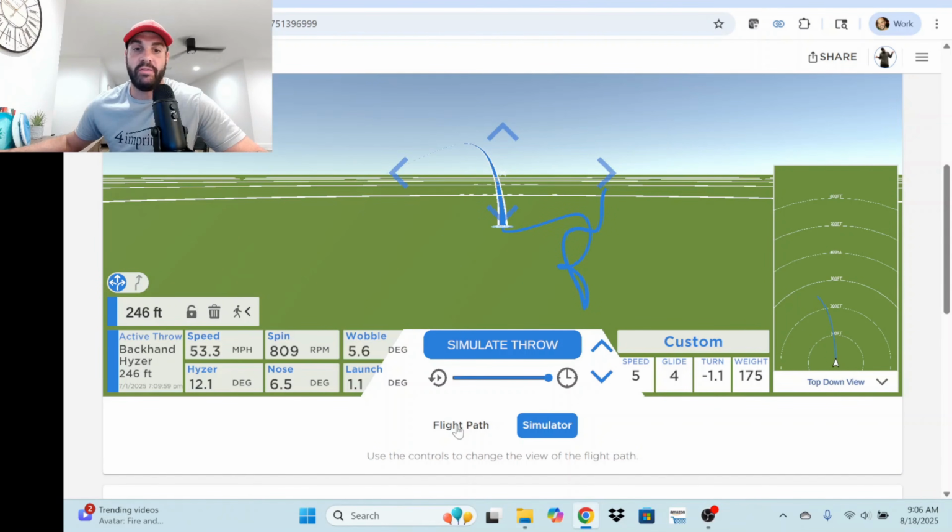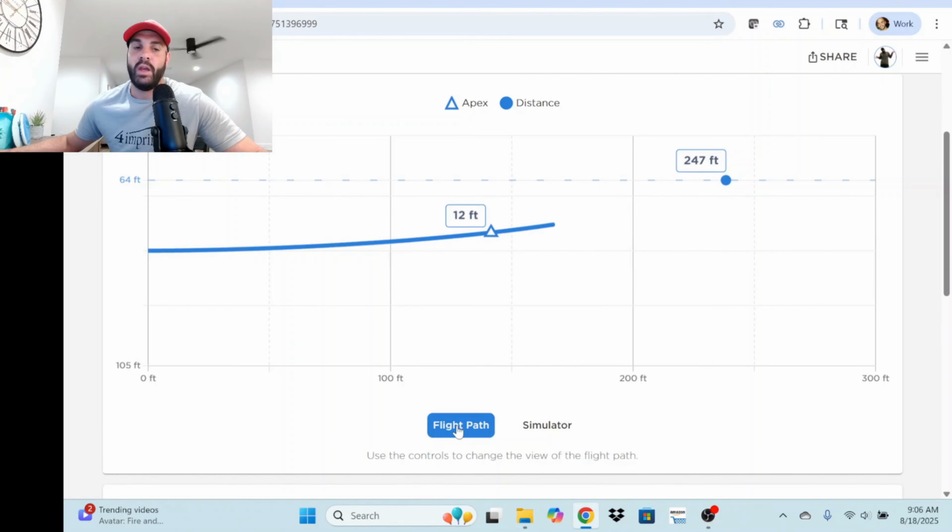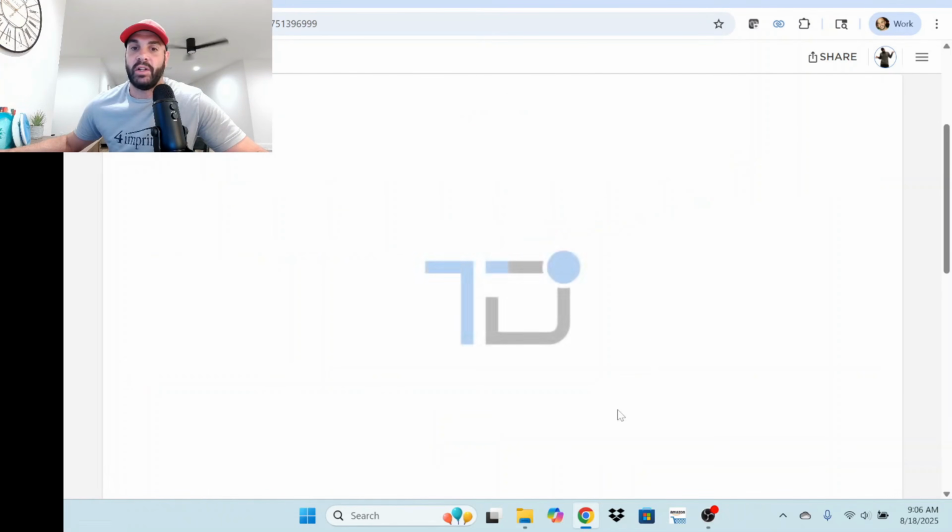But if you go into the flight path of the throw, it also gives you the apex in terms of height, it gives you the total distance, but if we look here, it also gives you the left to right distance. So with this information, total distance and left to right, we can figure out how far from a target that disc actually flew. Unfortunately, sort of a similar situation here of if we jump back into the simulator,